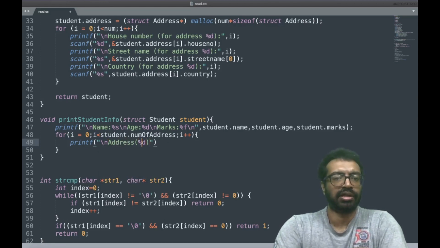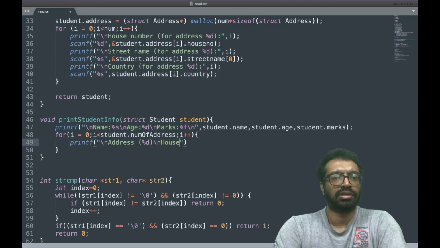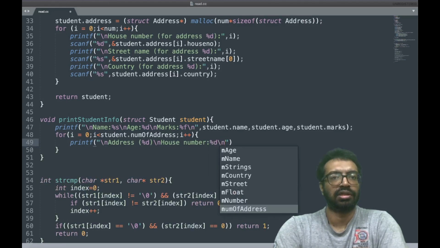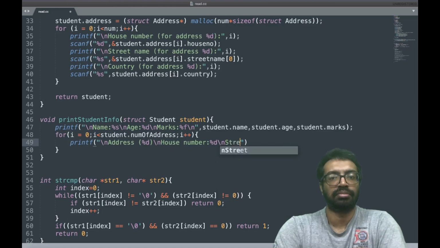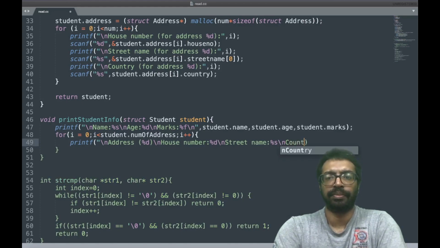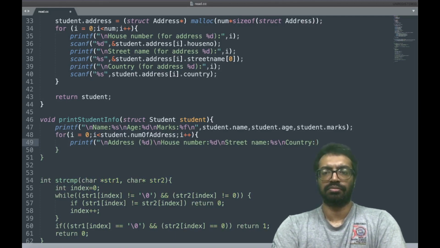So this is for address. First address, house number, percentage d /n, that is street name, percentages, followed by country. Percentages /n,